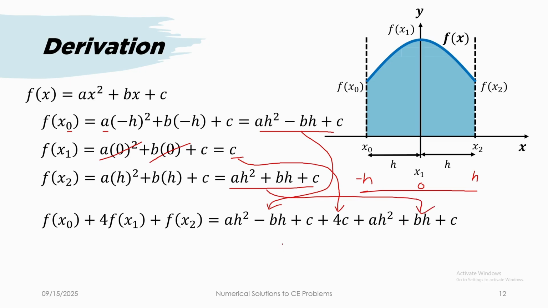What would we get? We would get 2ah squared. We would just cancel out bh, and those with c would add up to 6c. Isn't this familiar? 2a